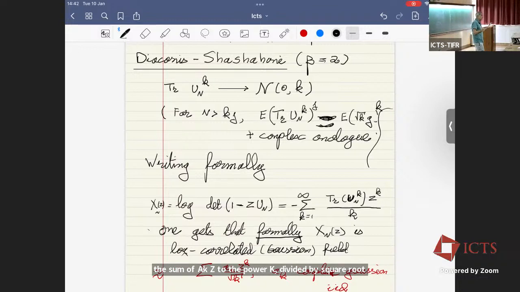This is a very nice object because now it's a Gaussian field. And not only is it a Gaussian field, you can compute the correlations of that Gaussian field, and lo and behold, this is a log correlated field in the sense that I discussed last time. So the covariances really decay logarithmically, or blow up logarithmically if you wish. By the way, the variance of this object,